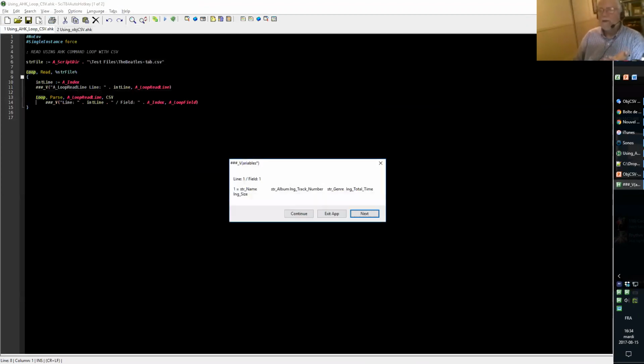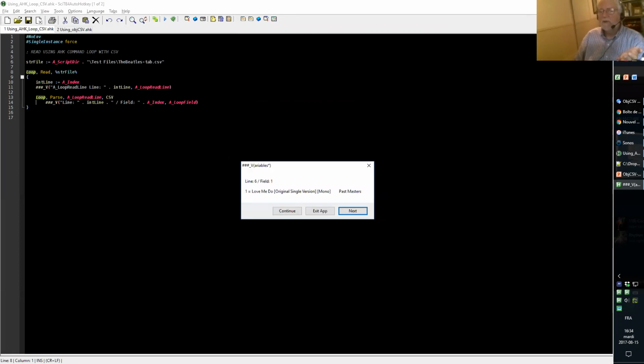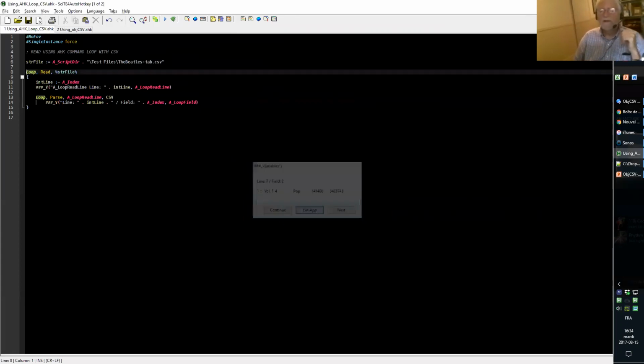But when I want to split, field 1 includes the whole line because there's no comma on this line. So there's no separation, and we cannot tell AutoHotkey using the CSV parameter to use something other than the comma as a separator. The only separator available is the comma. So this is the first issue, a limit with this tool.